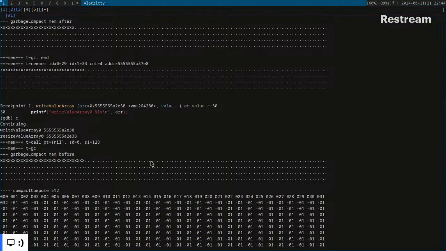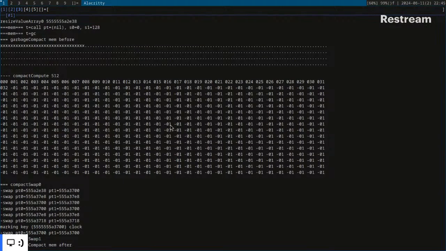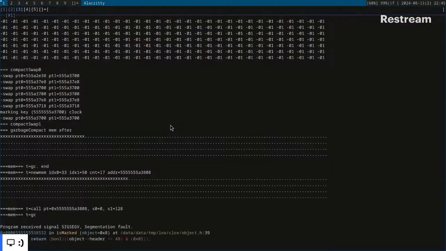Looks like we may be swapping the values maybe a bit too early. How do we fix it? To try to understand what's the problem,